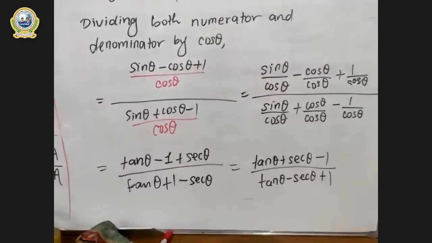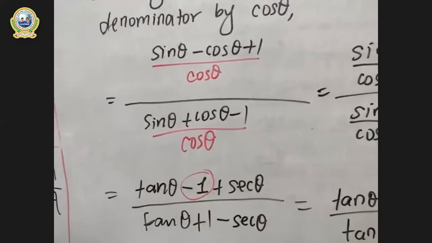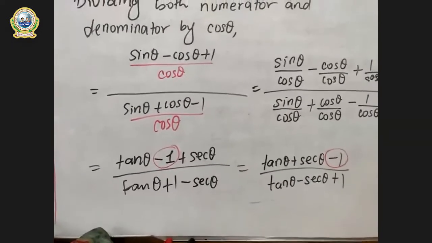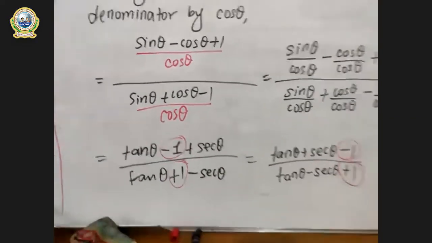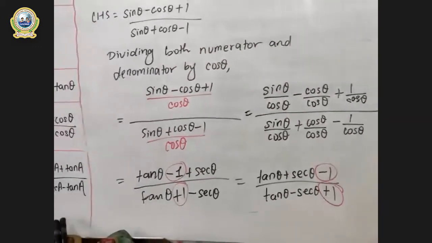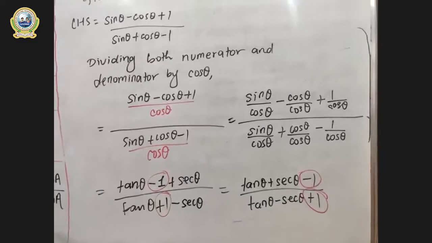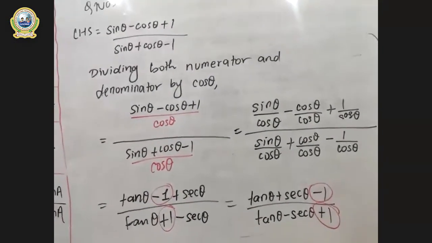Is this clear? What have I done? I have just shifted this minus 1 to the end part, right? Nothing is new over here. And this plus 1 has been shifted to the rightmost part, right? The question is a very easy one, and the format is not so hard. Are you clear? Now we have got our proper LHS. Now this is our question.